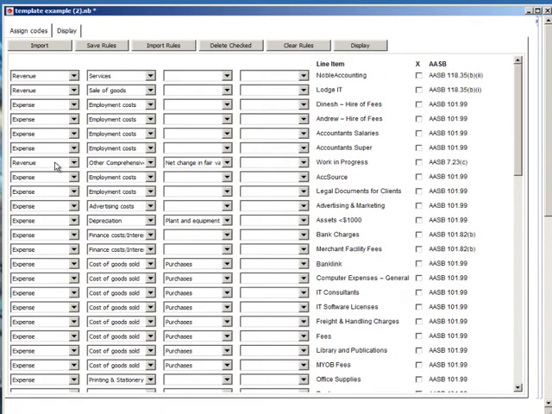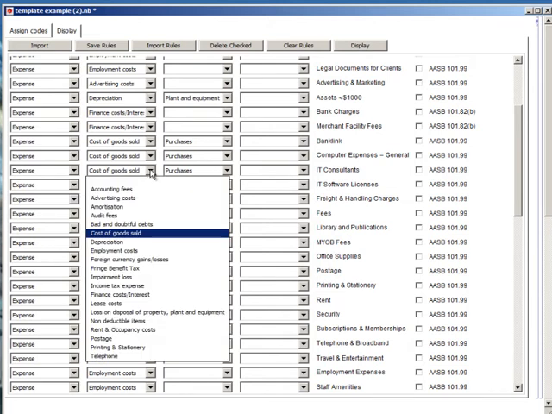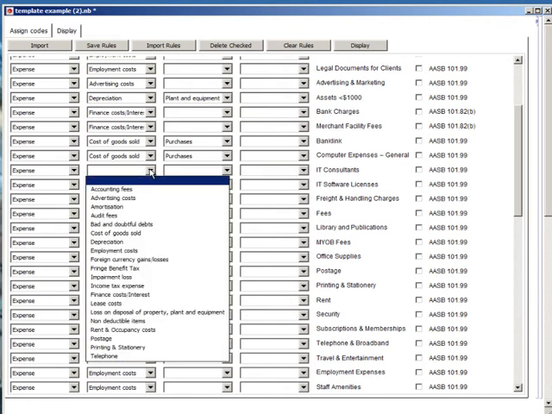But just to show you how this mapping tool works, you can see I've mapped in the revenue items, mapped in the expenses. Now you'll see that IT consultants wouldn't be expenses, cost of goods sold, purchases, but the limitation with this particular application as it stands at the moment is that I cannot simply drop this just straight to expenses, because then the fact value in the line item won't be displayed, and it won't show in the totals. The way that it's been designed is that it has to be nested to the very lowest end